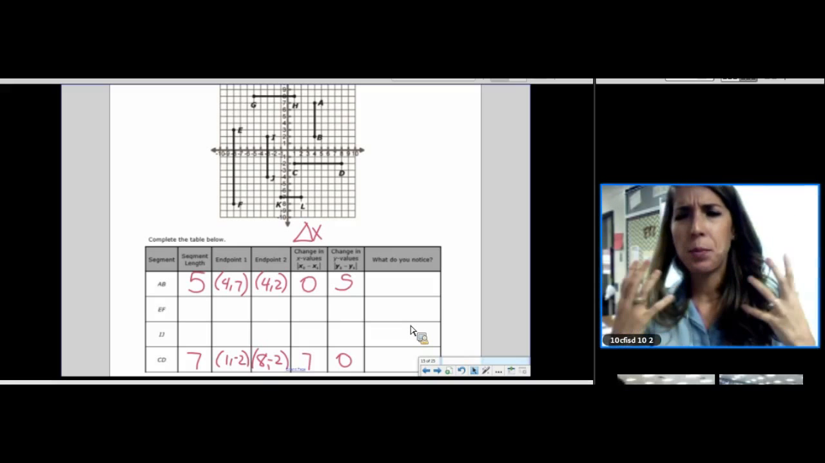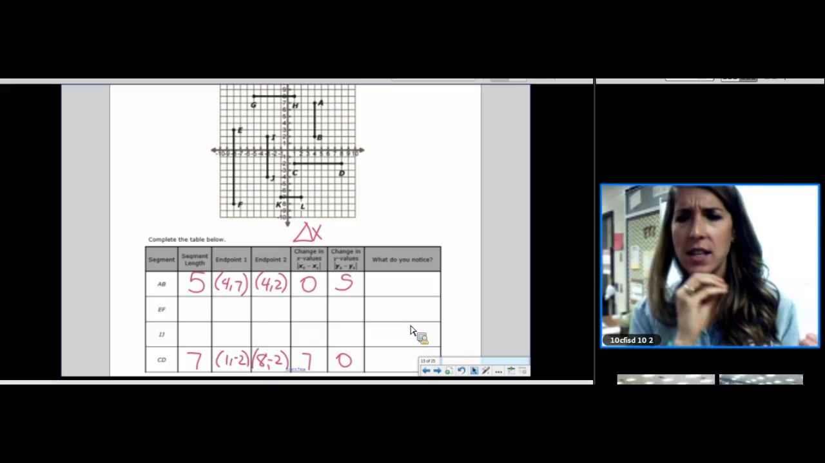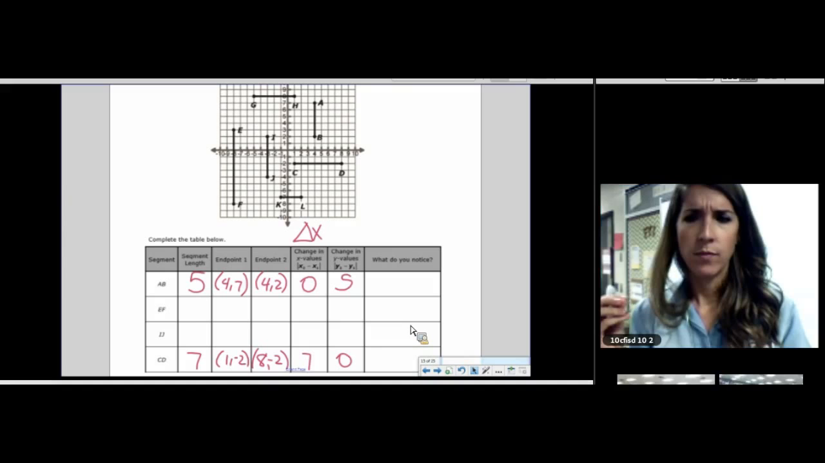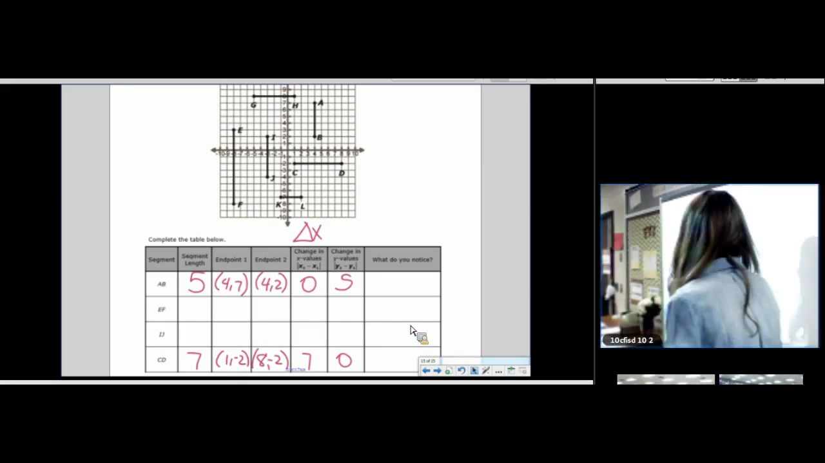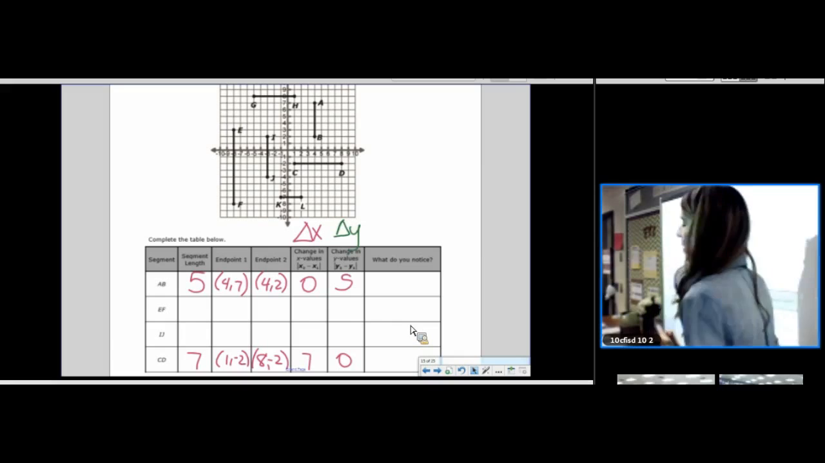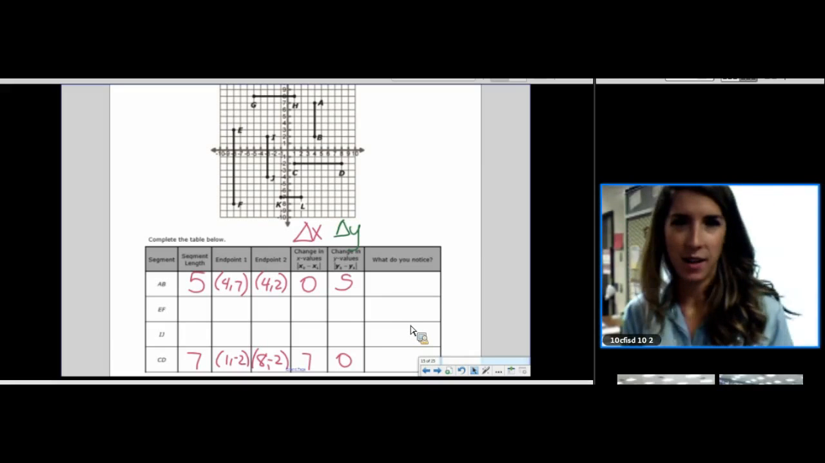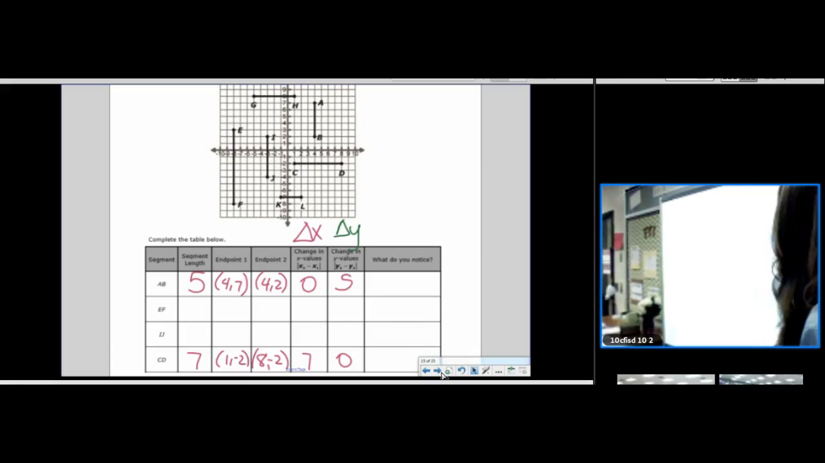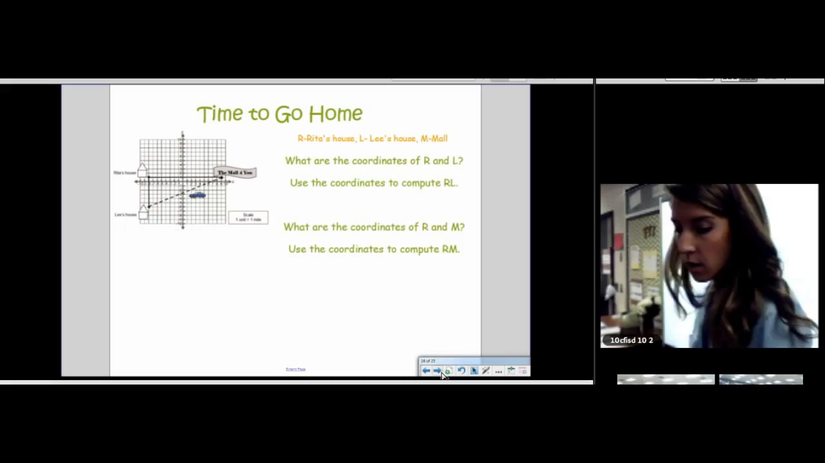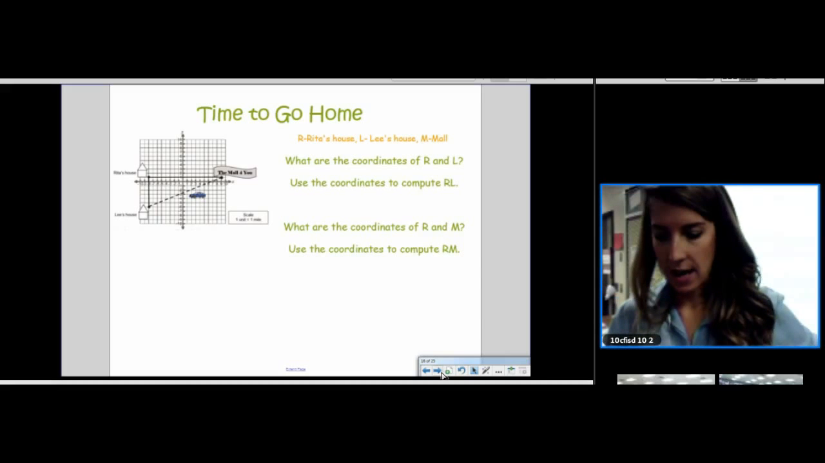So we're noticing that it's pretty easy when our segment is vertical or horizontal. And we can easily find it, finding the change in x and the change in y. And one of them is always going to cancel out. So those are some observations we're coming to. So if we look at our picture again,